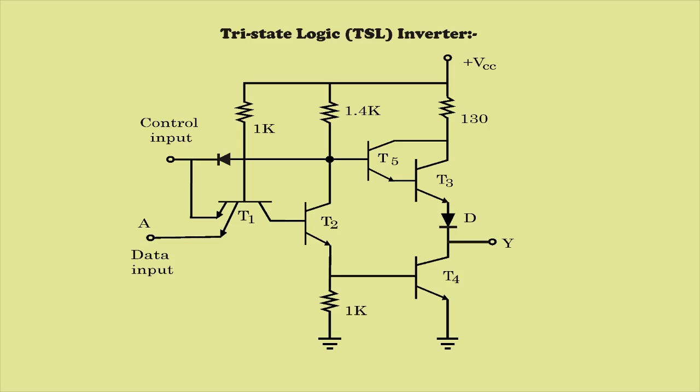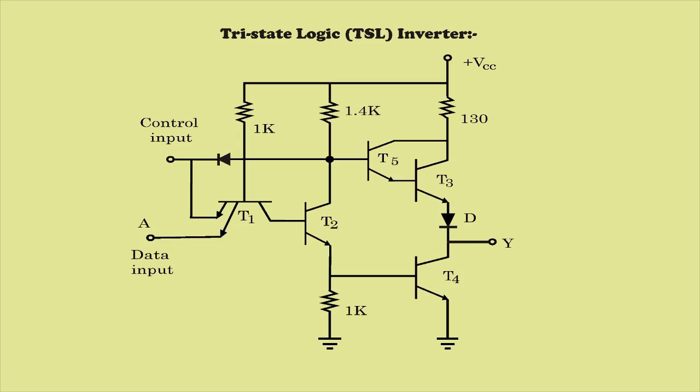Transistor T2's collector is connected to the base of transistor T5, and you can see the collector of transistor T3 is connected to the collector of transistor T5. So the circuit will work like this. If the collector of transistor T3 is off, then the current from transistor T5 will flow through transistor T5 and enter the base of transistor T3. So you can see, for conducting transistor T5, we must have high voltage at the base of transistor T5.